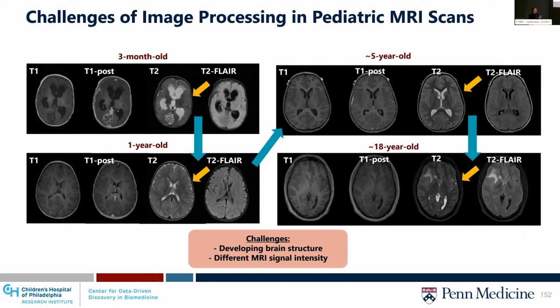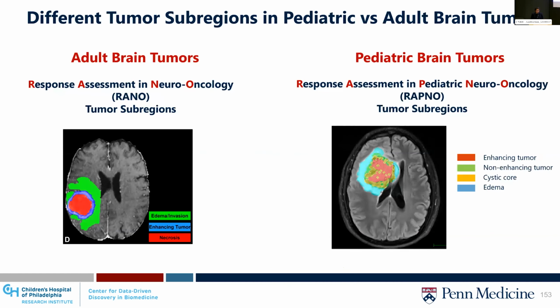One of the challenges of skull stripping methods, for example, is that in younger children, as you can see here, the bony structure or the skull has not fully developed, and therefore we cannot find the desired T2 signal decay on T2 MRI scans, which is something that the skull stripping methods are usually based on. Another challenge of applying adult models to pediatric scans is that there's a difference between subregions of interest in pediatric